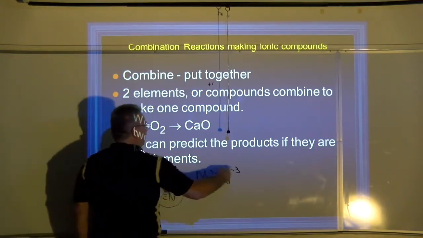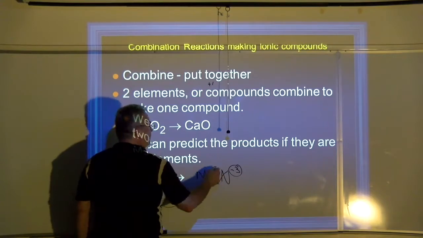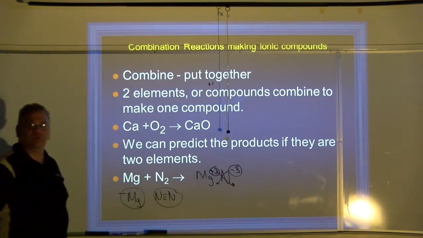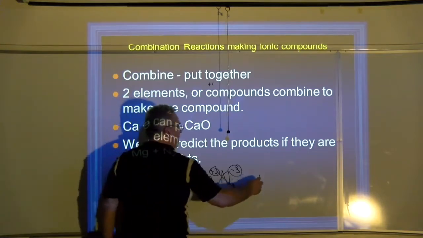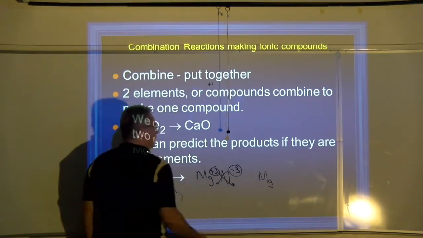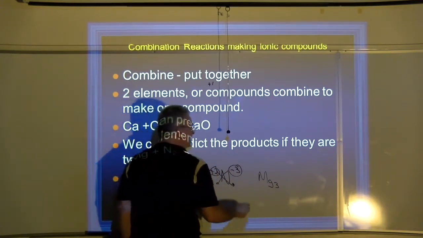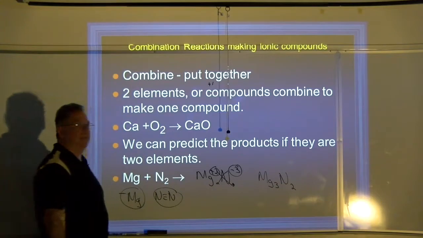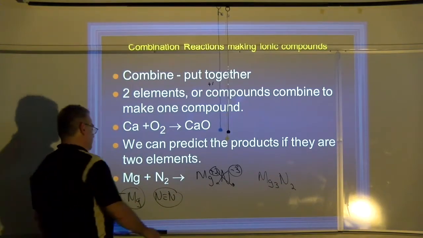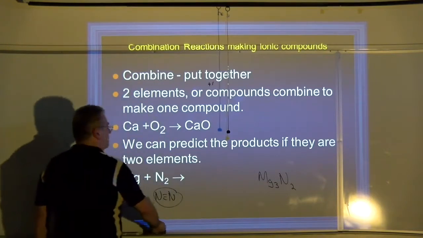When the numbers are different, you crisscross the numbers. This is telling you how many of those you have. This is how many of those you have, because the common number is 6. So the formula of my compound would be Mg3N2: 3 Mg times a +2 gives me a +6, and 2 nitrides gives me a -6. So I just predicted what I would make. Problem is,